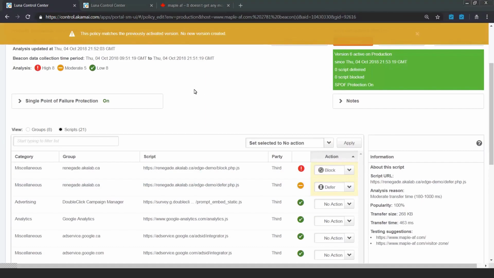As you can see here, because it's the demo site, I've already had a policy on staging that matches this configuration, so it's not going to activate it again. So we're just going to skip right away to how